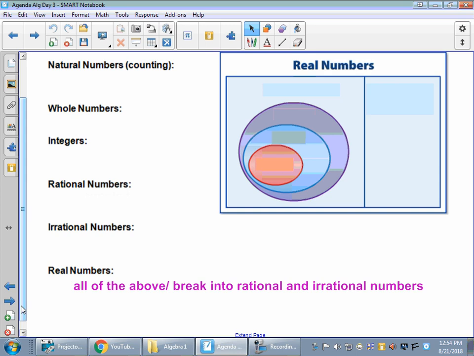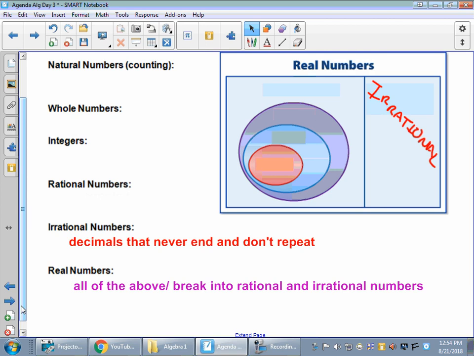I'm going to start first with irrational numbers, and I'm going to put it right over here. These are your irrational numbers, everything in this box. And you notice that there's no other bubbles in that box. So there's no other subsets of irrational numbers. So that's going to lead us into what is an irrational number. Okay, so an irrational number